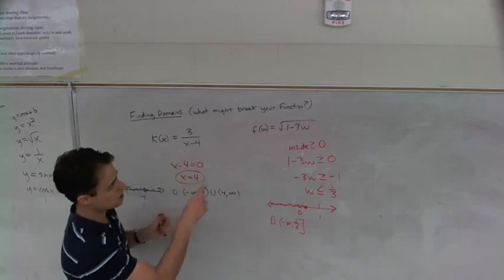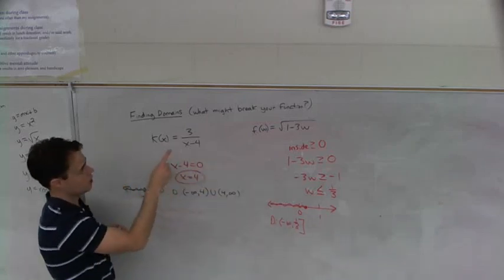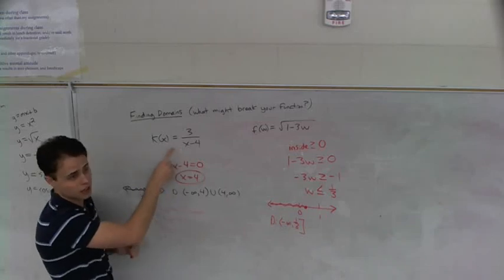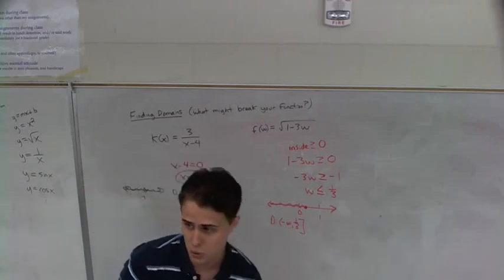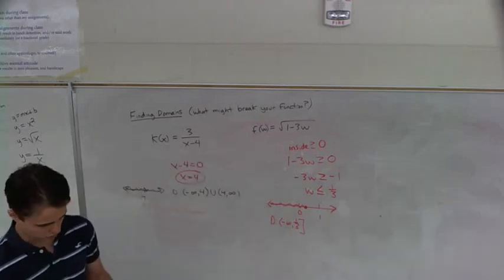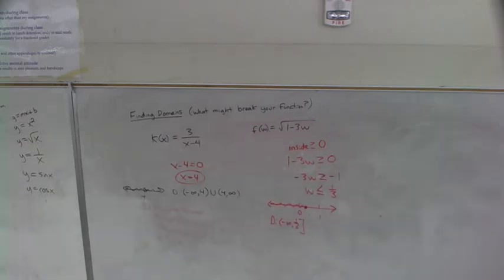So those are the 2 things. Inside of a radical can't be negative, and the bottom of a fraction can't be 0. That's all we're going to worry about in this section. There are only 2 other things that we'll learn. We'll pick those up later. All right, let's stop there. So there are some piecewise